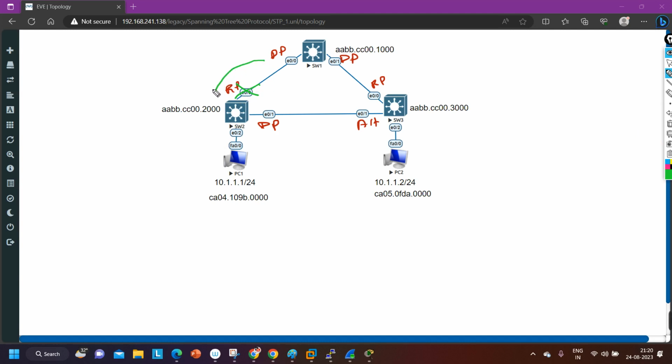It was receiving superior BPDU over here. Now it is not receiving any BPDU over here. So switch 2 will consider itself the root bridge because it is not receiving any BPDU on this port, right? And this is an alternate port, so this port cannot send BPDU, so it is not receiving BPDU over here as well. So switch 2 will consider itself the root bridge, and it will start sending its own BPDU